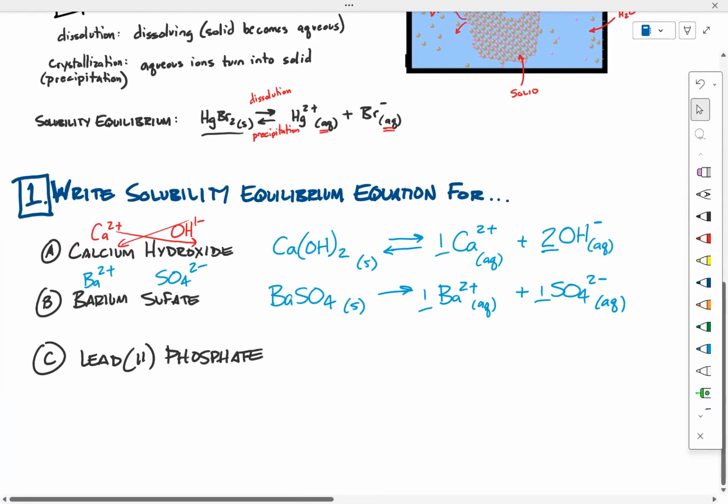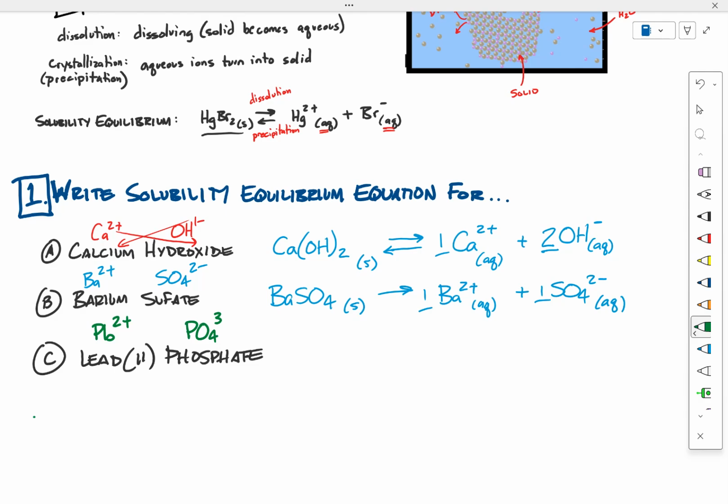All right, let's try one more. Lead 2 phosphate. This one's a little more complicated. Let's see if we can write the formula for lead 2 phosphate, knowing that lead, the name of it tells me, is a 2+ ion. And without running over to the back of my periodic table, I'm just going to write out PO4 3- from memory. All right, we're going to try to put those two ions together to make lead phosphate, the solid. That should look like this, Pb